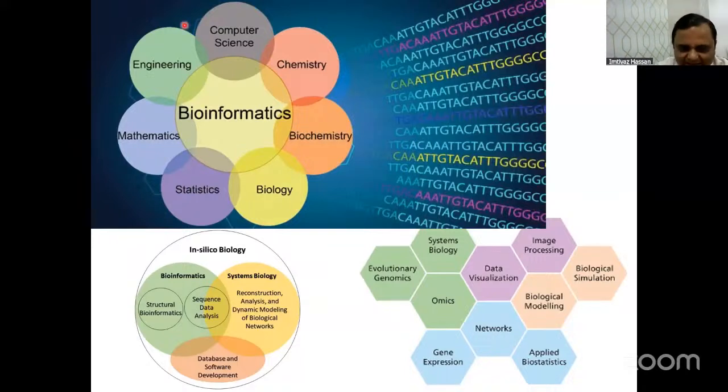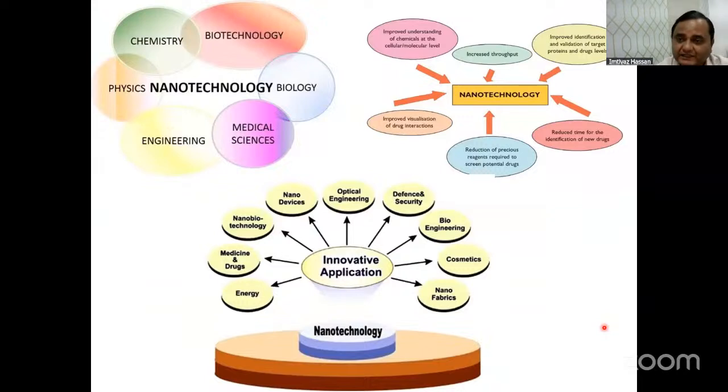Like in silico biology is the same, and it can integrate all the fields like evolutionary genomics, omics data, multi-modeling, network, all those things together. Similarly, nanotechnology, which I was talking about, is another very emerging area. Nowadays, the two areas, bioinformatics and nanotechnology, have evolved parallelly. At least for the last 2 decades, if you see the number of papers, there is a dramatic increase in the research because of their interdisciplinary nature.